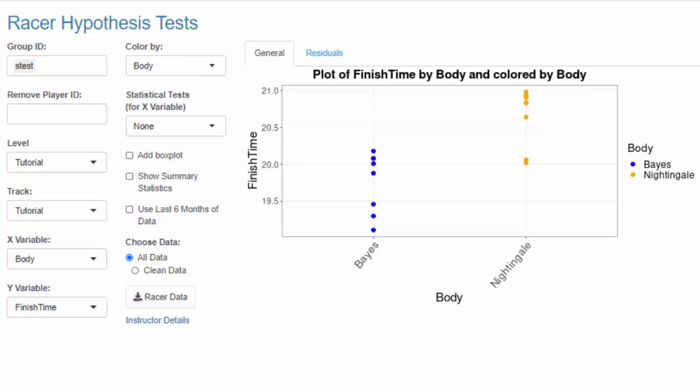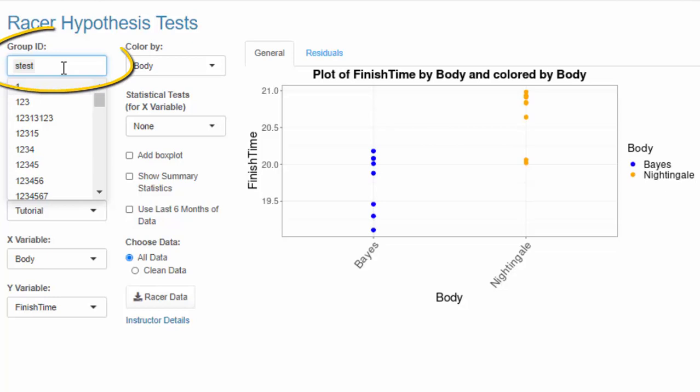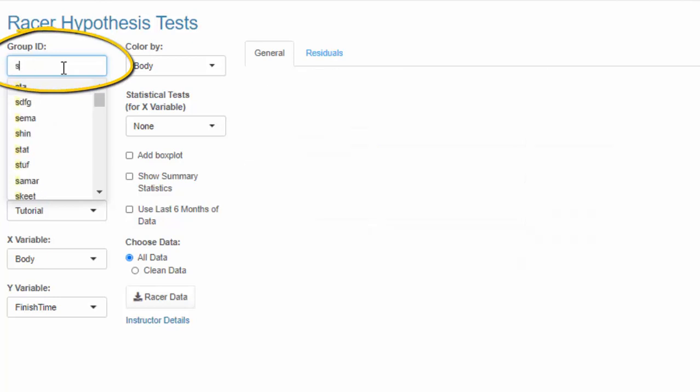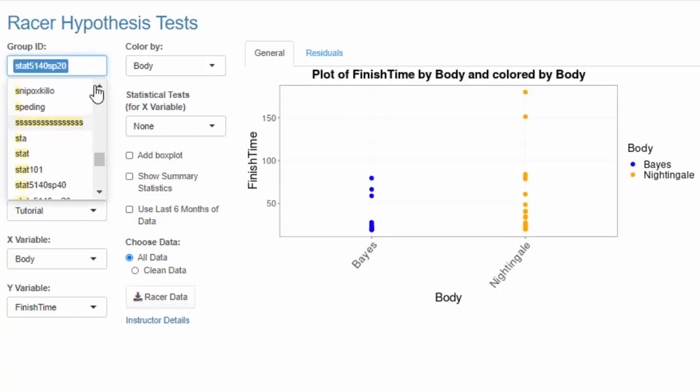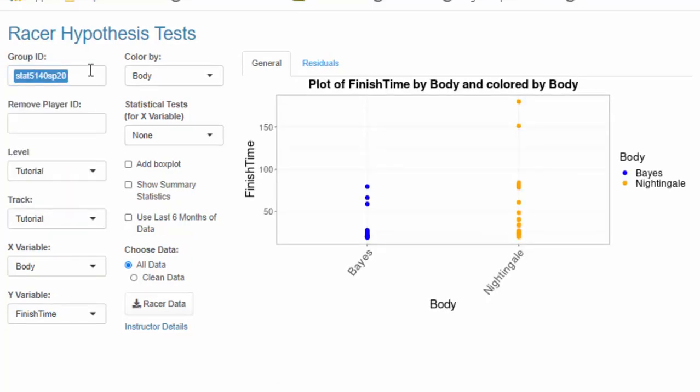In this video, we are going to use class data to discuss important aspects of data cleaning in this racer experiment. First, we are going to find our group ID that was used by the entire class. This class was a stat class, which was 5140 SP. You see that we have quite a bit of data here, and they played the tutorial level on the tutorial